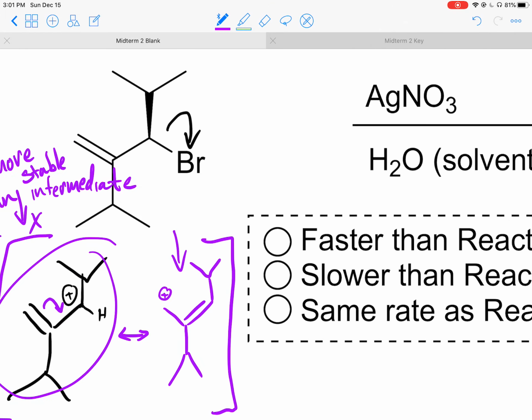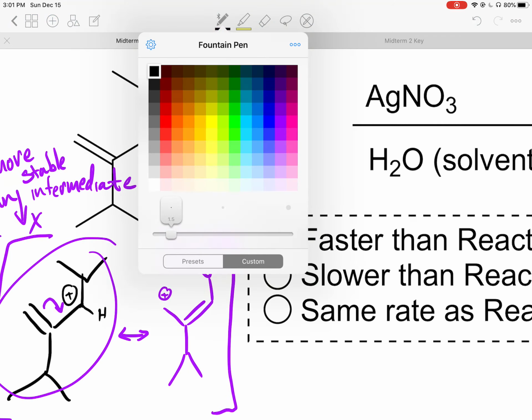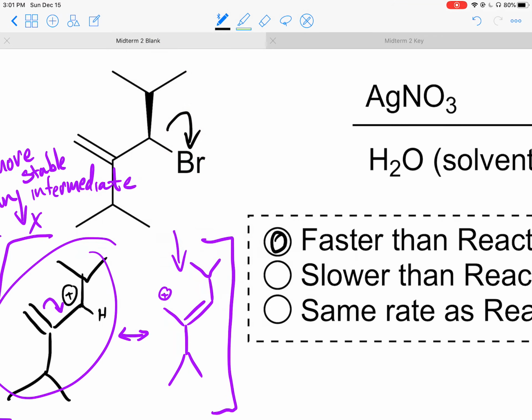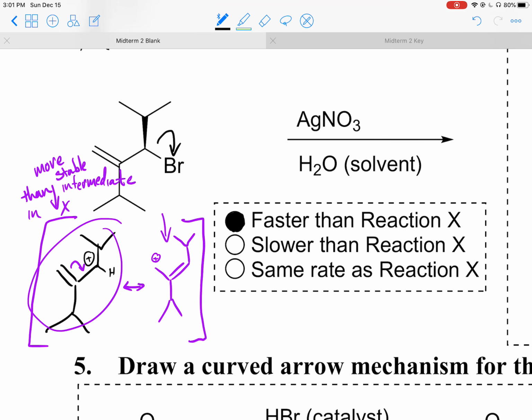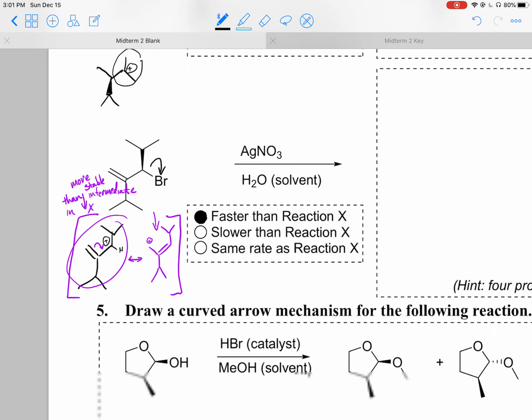And that makes the bromine able to leave quicker, which is the slow step for these reactions anyway. The leaving group leaving in an SN1 reaction is the slow step. And so because the bromine is able to leave quicker than in reaction X, that means that this problem is going to be faster than reaction X, because the bromine is able to leave more quickly because of the stability, because of resonance. Okay,